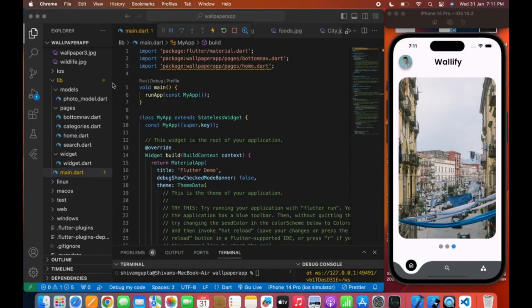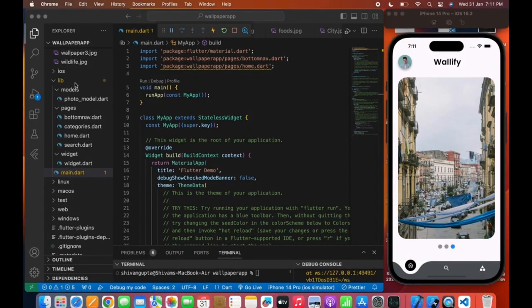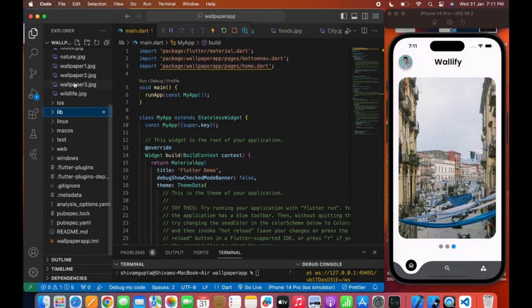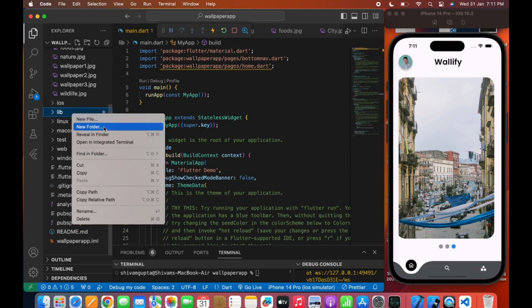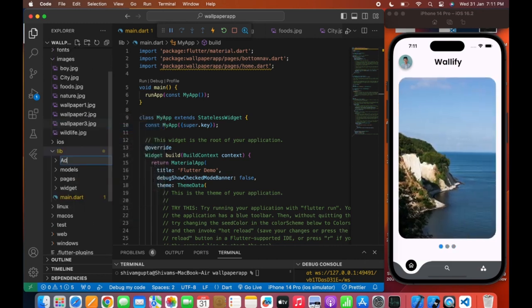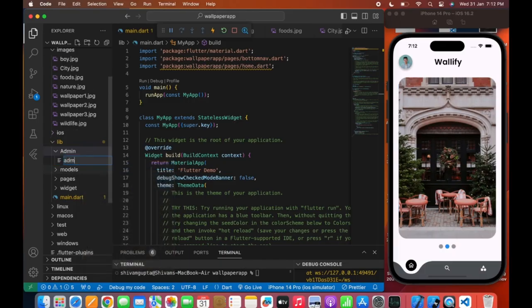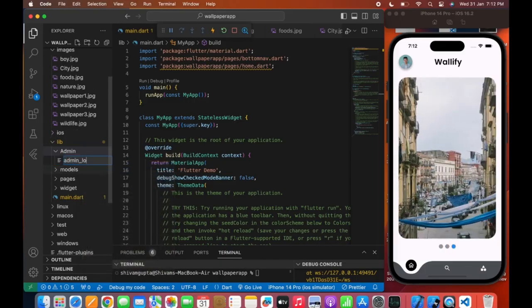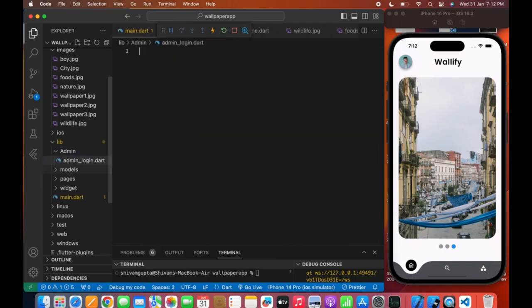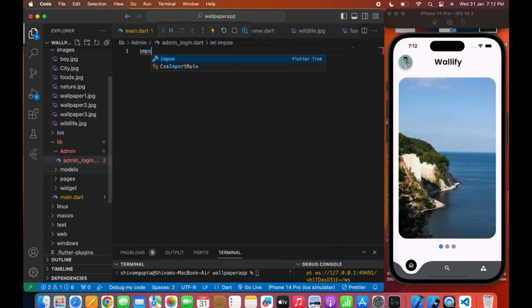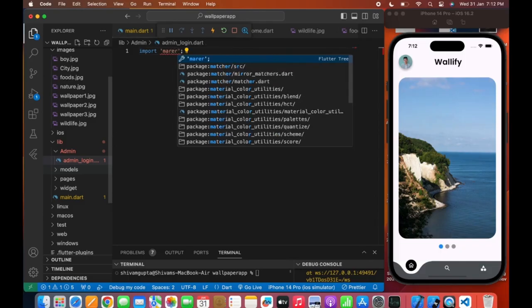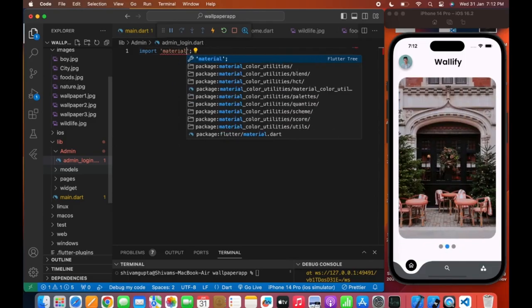Now let's move on and we'll create the admin panel so that the user can access the admin panel by a unique username and password. So first we are going to create the login page UI, then we'll connect it with Firebase. So we'll move to the lib folder and create a new folder named admin here, and inside the admin folder I will create a new file named admin_login.dart. Now we'll import the package